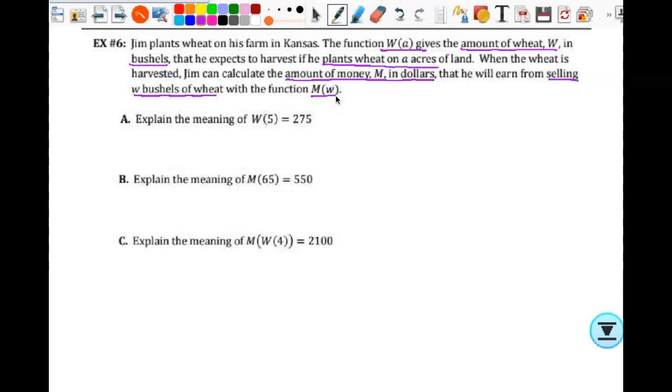So we are going to interpret the meaning of what Jim has going on here. So we're going to explain the meaning of W of 5 equals 275. So what does the 5 represent? Five represents acres of land, because that's the A, it's acres of land. So this is acres. 275 represents what? Bushels. Okay? So we could say something to the effect of,